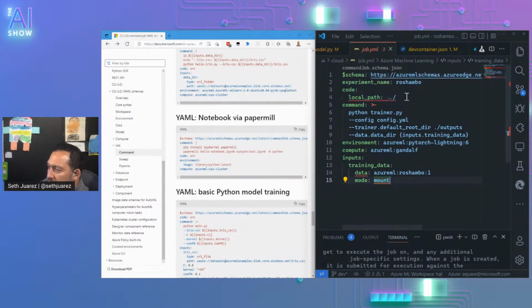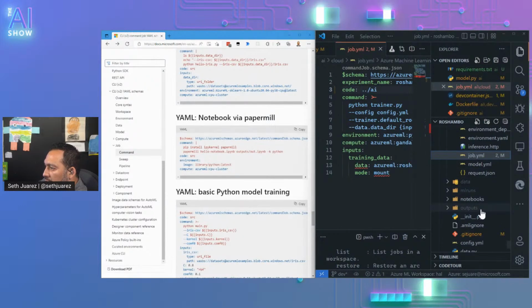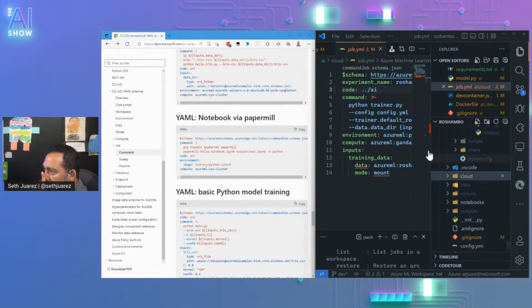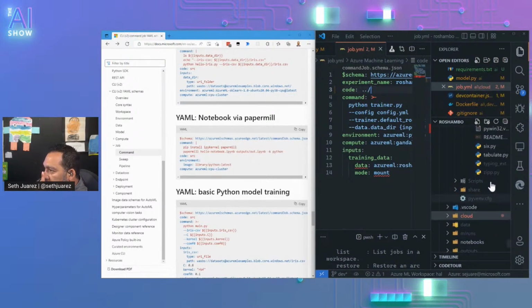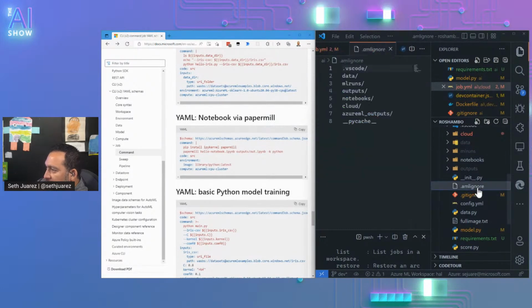This doesn't like it. So we're going to say forward and then AI because that's where our code is. I wonder if it uploads the whole folder though, because I don't want it to. Oh no. It's up up one, right? But I hope it doesn't try to upload the whole virtual environment and stuff. Does it use the git ignore? I know there used to be an AML ignore.